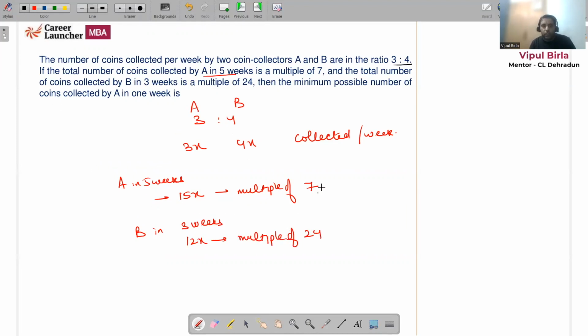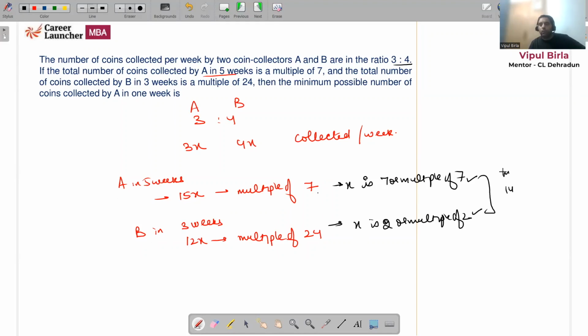So from this, for A, it's a multiple of 7, 15 is not a multiple of 7. So therefore, from this x should be 7 or a multiple of that. From this, x is 2 or a multiple of 2. Since x is the same for this, I want that to be a multiple of 7 as well as 2, which gives me a multiple of 14. So the minimum possible value